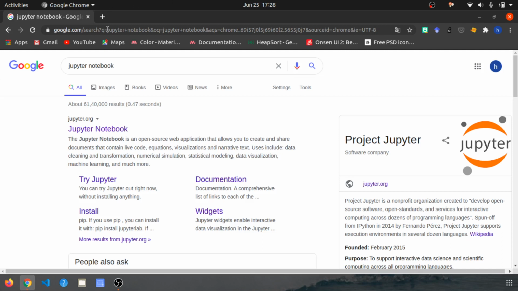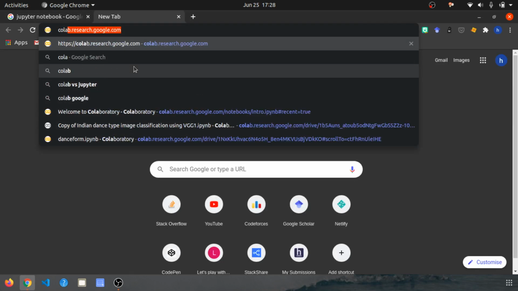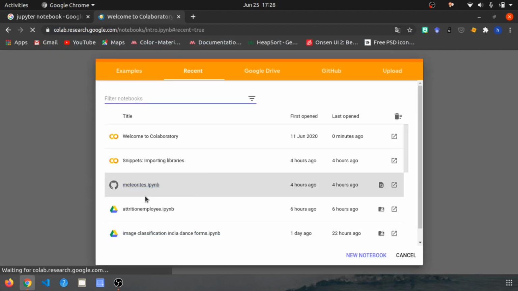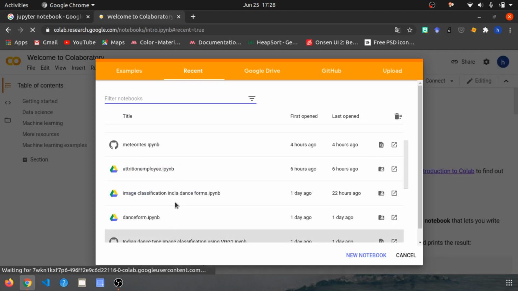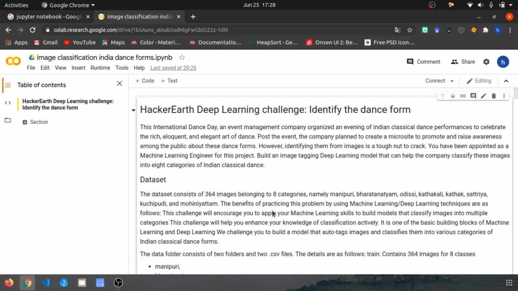So I can show you something, take an example like Colaboratory. Here I made an image classification model which can detect various dance forms from images. So I'll just give you a look at how Jupyter notebooks look.